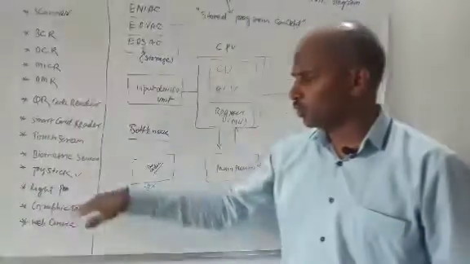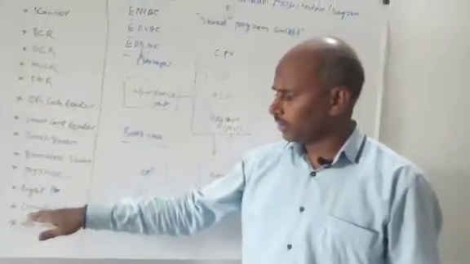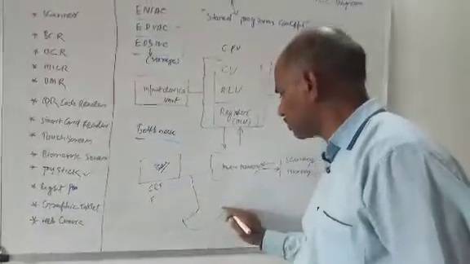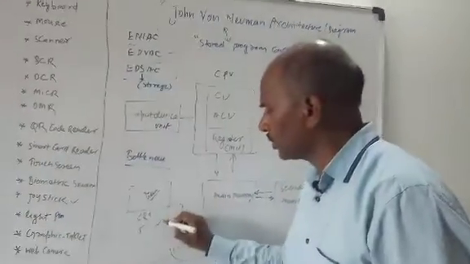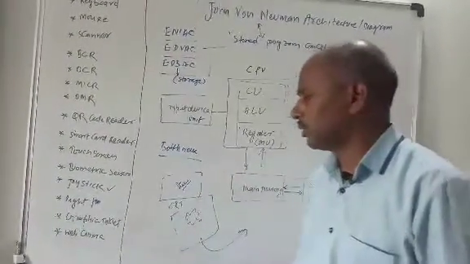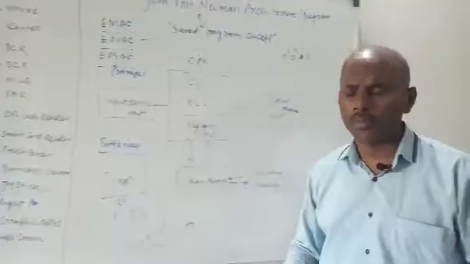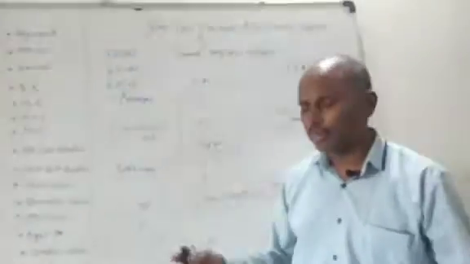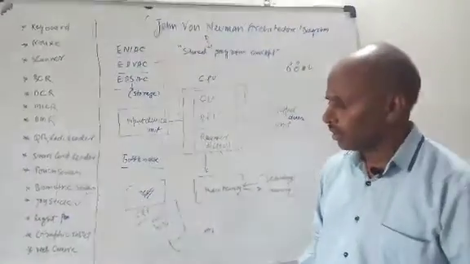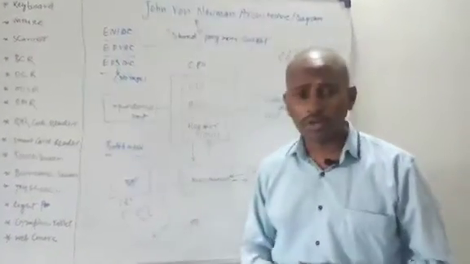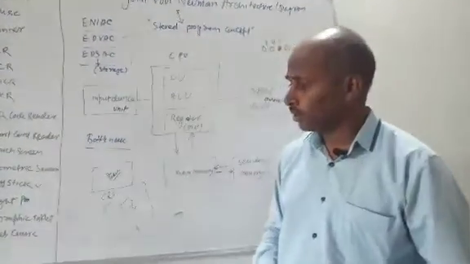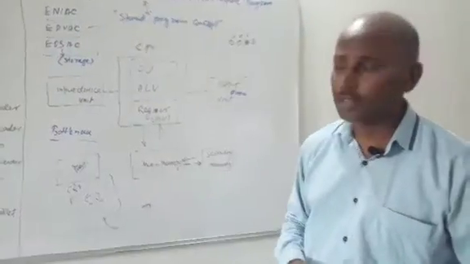Graphic tablet. It is used for engineering design. A graphic tablet looks like this. It is connected with the CPU, and when we draw something, suppose this, it is captured by the graphic tablet. And web camera. As you know, the web camera is used for making videos and conducting video conferencing classes, and during the lockdown period this was very important for teachers and students for enjoying online classes.